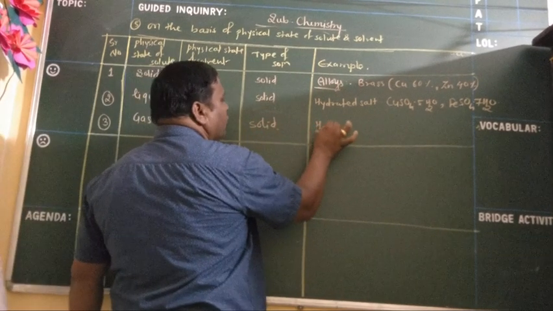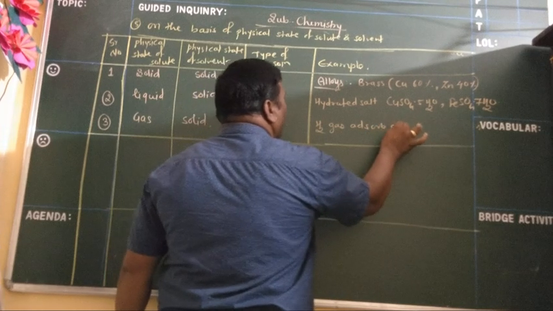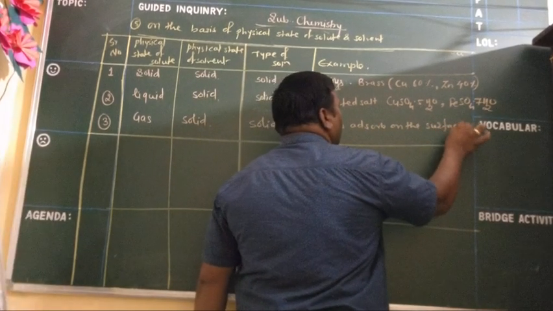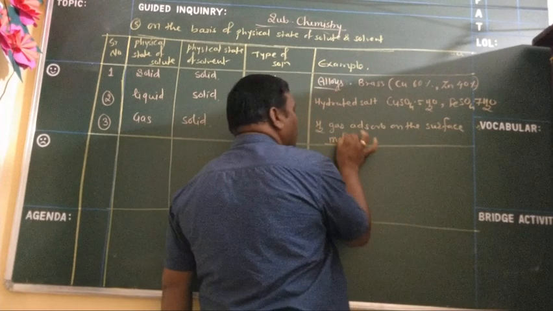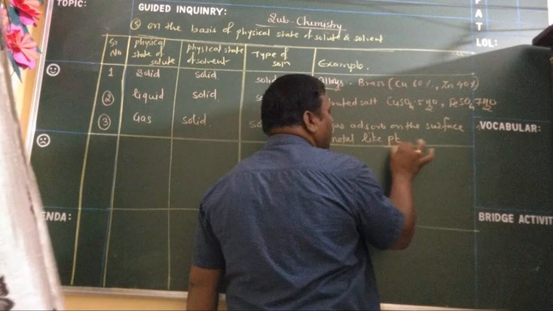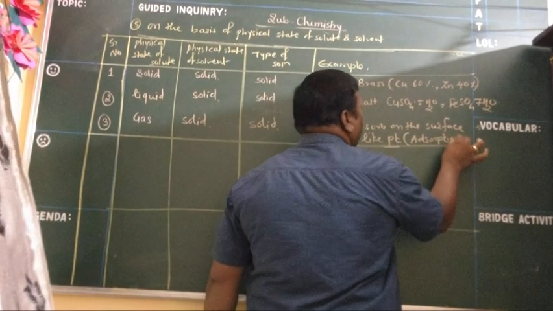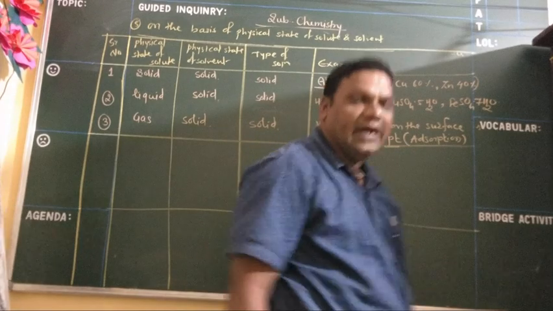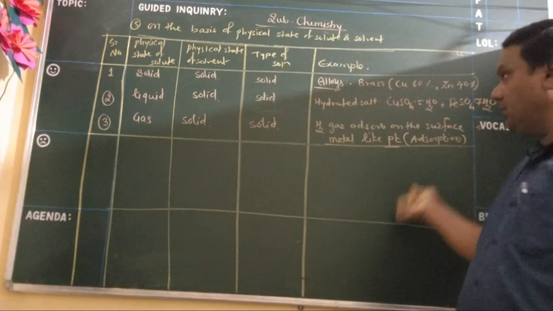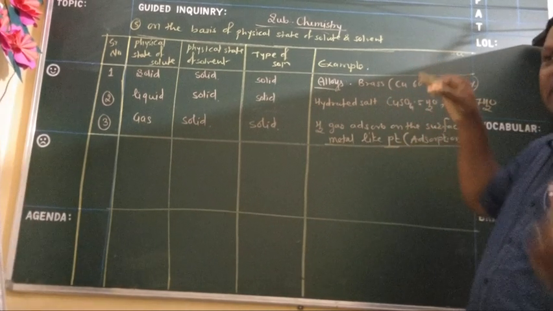Example, hydrogen gas adsorbed on the surface of metal like platinum. So here the concept is adsorption, not absorption, it is adsorption. I think in class 11th I will discuss this one, adsorption, because if in the same thing we discuss one